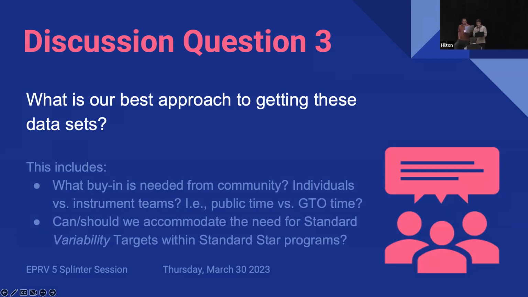Yeah. So the main question for us was whether the right approach would be to have separate proposals through all the different TACs to get time through different instruments, or to try to find some way to get funding to buy in to all of them separately, so that we have guaranteed time, because there's always the risk when proposing through TACs that you don't get your time. If you're banking on having time on every instrument, you have to have some way to prove that when applying for each individual instrument, and that doesn't necessarily always pan out. So we didn't agree on what the right approach was going to be. We didn't have a great answer for that, but we think those were the two approaches that would be possible, and we have to figure out which one will work.